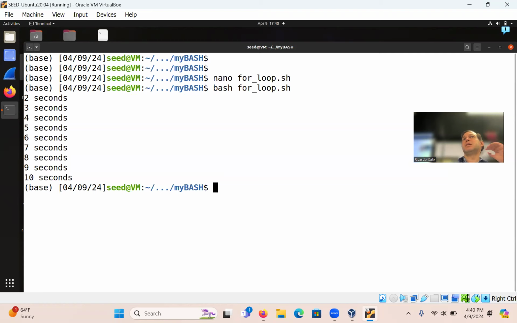So for instance, last week, what did we do last week? Do you guys remember? We did grep and awk, right? And we did find, right? So imagine now, we only did it on the command line, but now you can start to integrate that into your bash scripts, for instance, right?